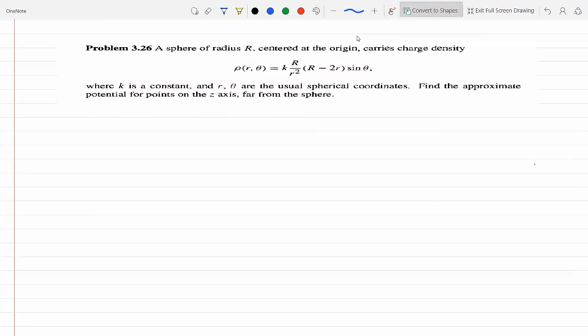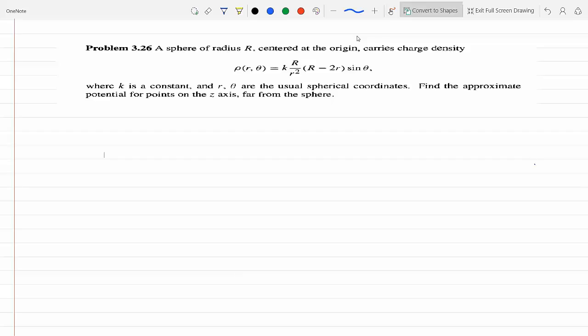We have a sphere of radius r, centered at the origin, and it carries a charge density given by, so it's not a uniform charge density. The charge density changes, as you can see, with r and theta. K is constant. Yeah? Small r and theta are the spherical coordinates, and we need to find the approximate potential